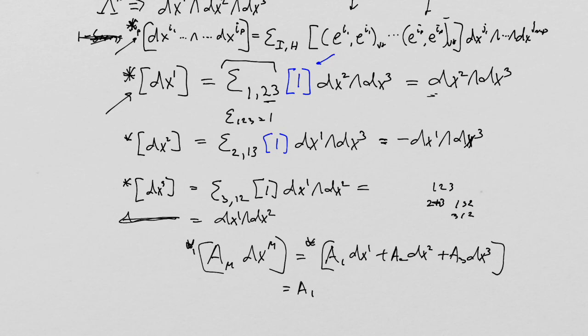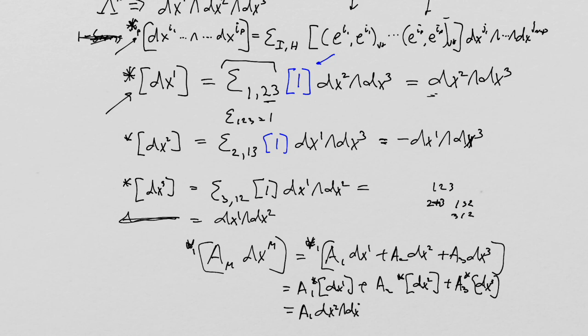The Hodge dual of this is going to be a1 times the Hodge dual of dx1 plus a2 times the Hodge dual of dx2. This is the linearity in action. a3 times the Hodge dual of dx3, like that, which is going to be a1 times dx2 wedge dx3 plus